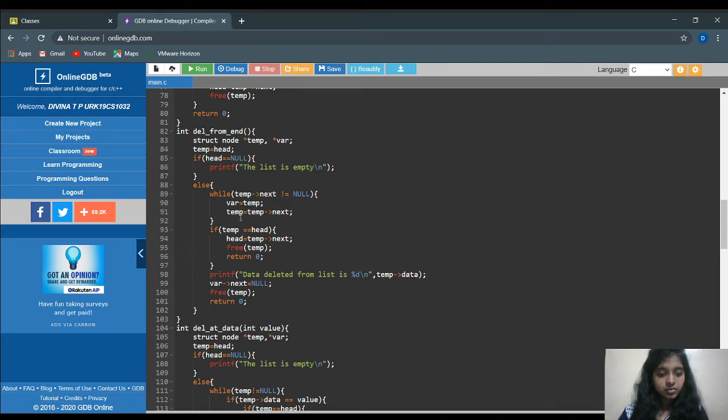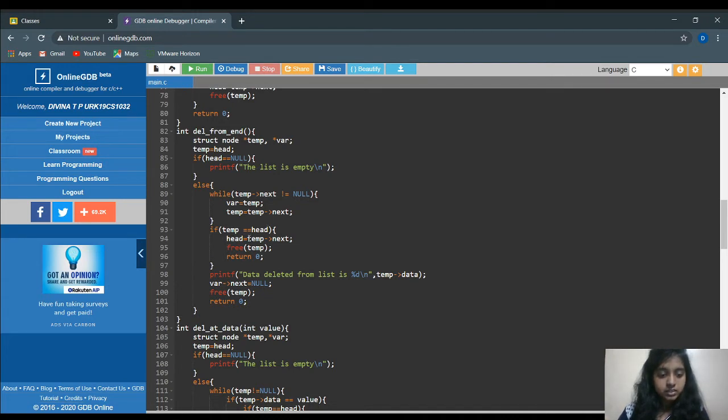In this else part, first it will check each and every element until the last element comes. For that I have given a while loop here. Then I have given an if condition in which temp is equal to head.